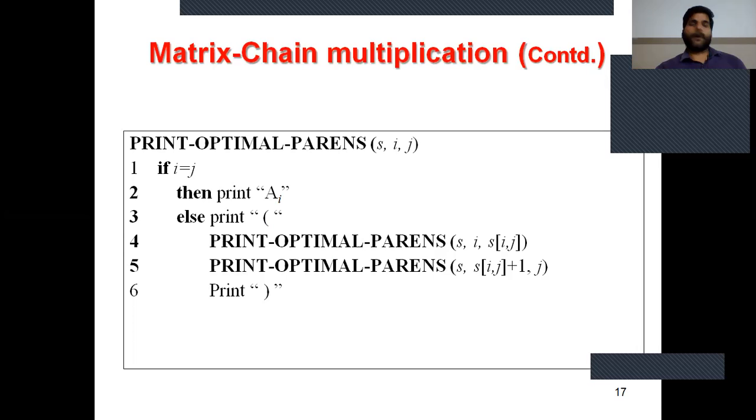So print optimal parenthesization: if i equals j, print A_i, else print the parenthesis, print the optimal parenthesization of i to S[i,j], and on the right side we print S[i,j]+1 to j.